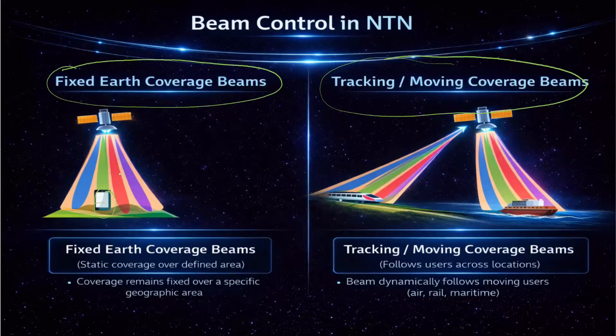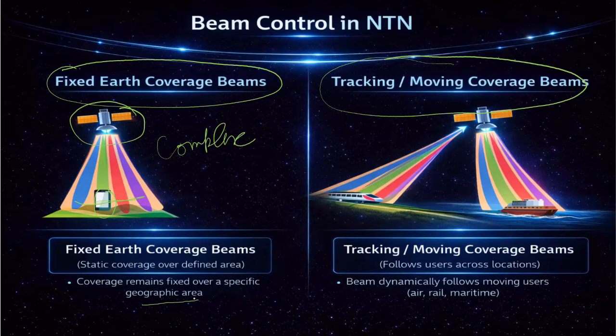So what are the advantages of this approach? First of all, stable coverage for users in this specific area. Moreover, no need for frequent handovers as the station moves from one place to another, right? As this UE moves from one place to another, there is no need for handover because this is controlled by only one satellite. But there are some challenges as well. It requires very complex beam steering and tracking, right? This process requires higher processing complexity. So these are a few disadvantages, but this is very useful when we require a smaller number of handovers.